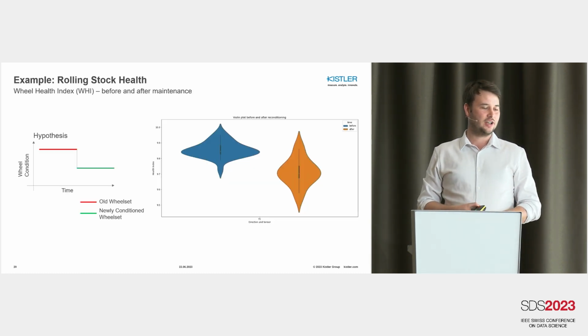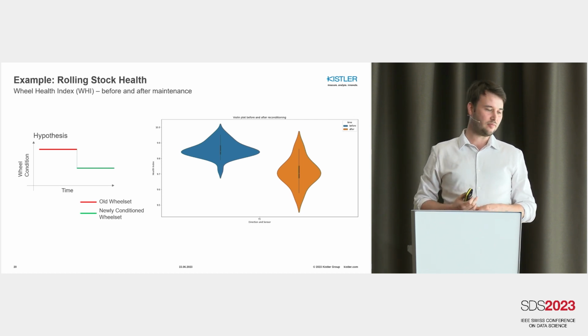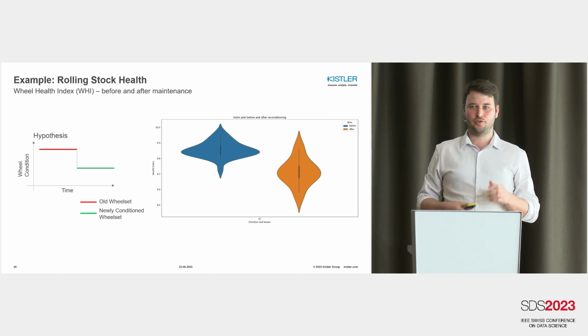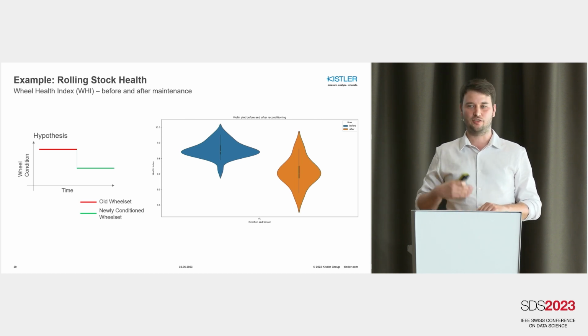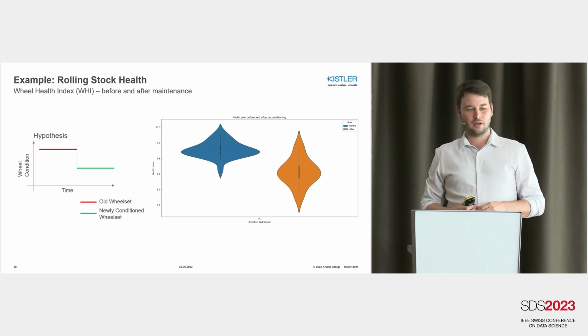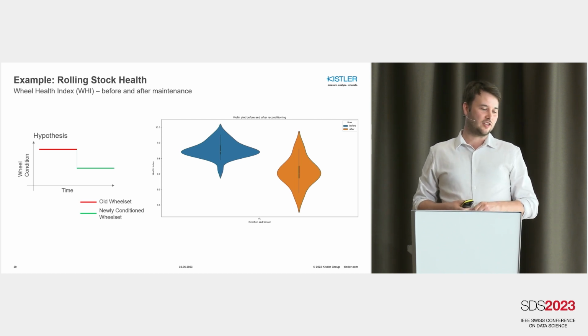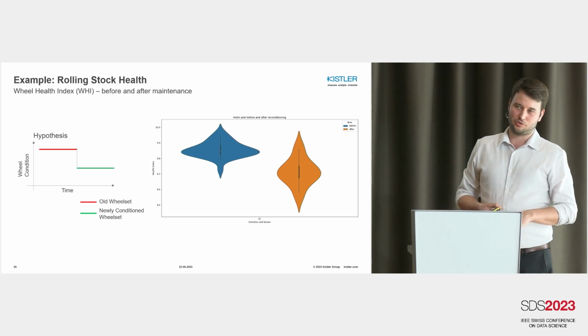And to validate our algorithm, we used the maintenance window of the wheel set. And we compared before and after. So our hypothesis was that before the maintenance of the wheels, the wheel condition is worse, which means a higher value of the wheel index. And after the maintenance, it should be lower. And here you can see the data sampled for a few months before and after the maintenance in the violin plot. As you can see, the blue violin plot is higher than the orange one, which means our